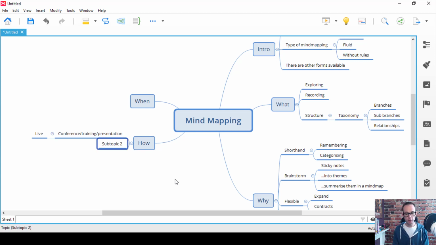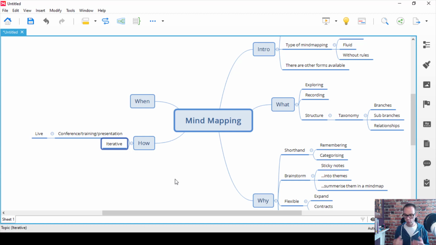But I would say it's iterative. So you'll probably see that the mind map you're looking at right now is not as polished, it's not as colourful as some of the mind maps you might have seen me share on social media. That's because I will create them live, but then I'll jazz them up a little bit. I'll add pictures, I'll add diagrams, those sorts of things.